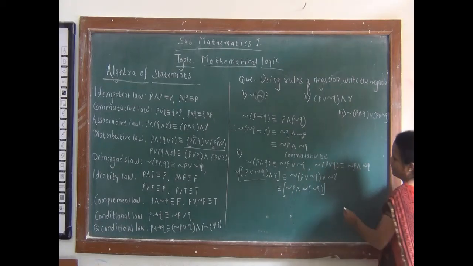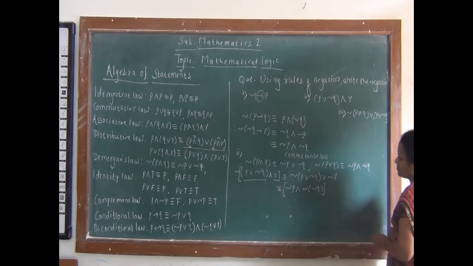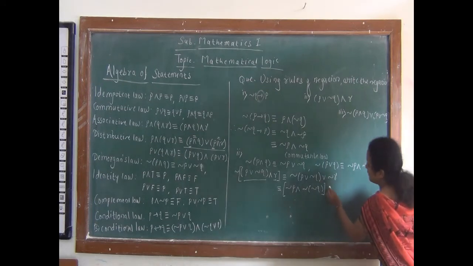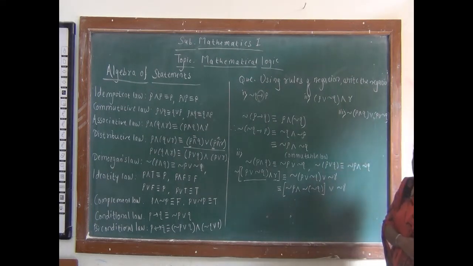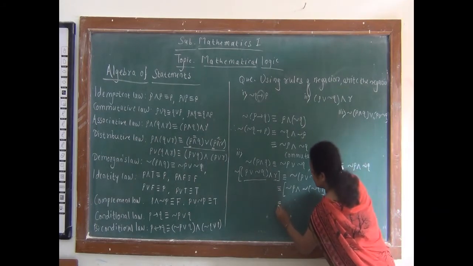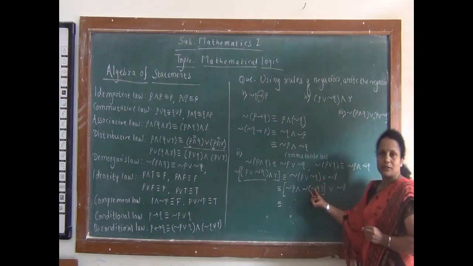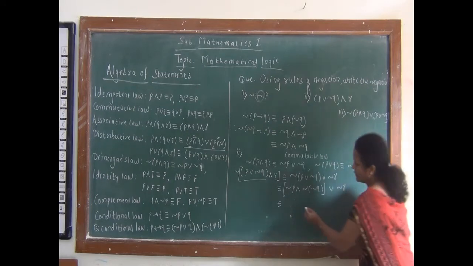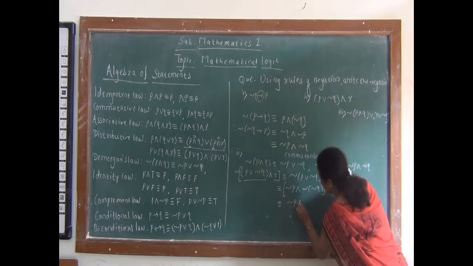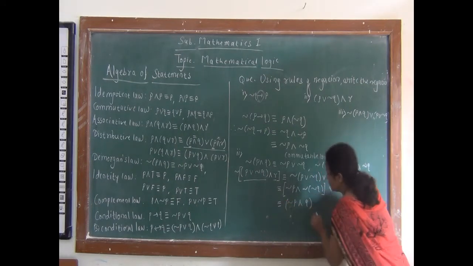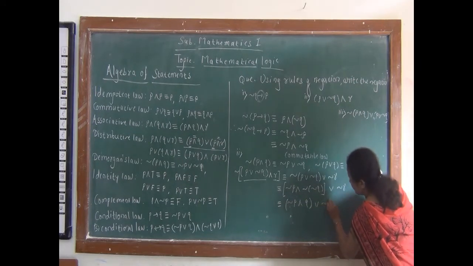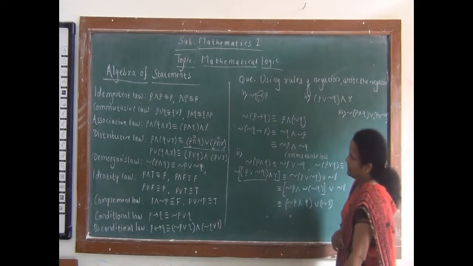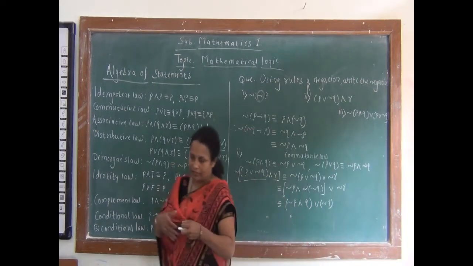So write in the bracket, and then second term or negation R. Now one more simplification is required here, that is, negation of negation gives the statement itself. So we write here negation P and Q, that is completed, or negation R. So this is the negation of our second statement pattern.